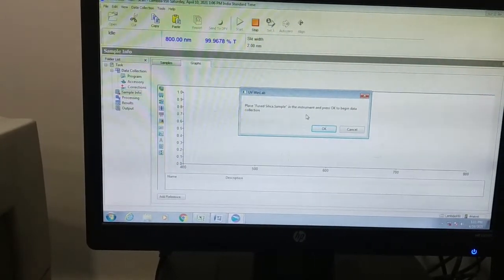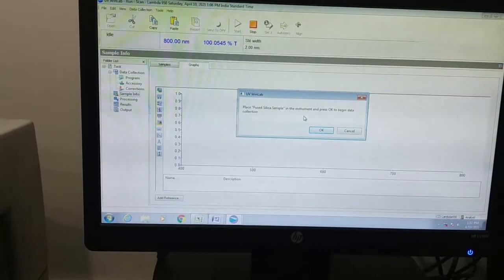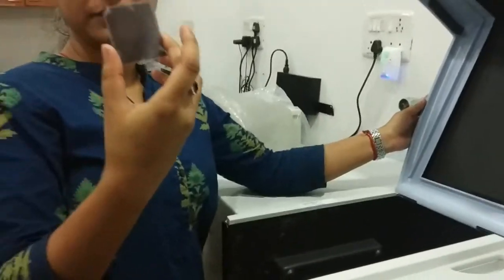Now I place the sample inside the sample compartment.